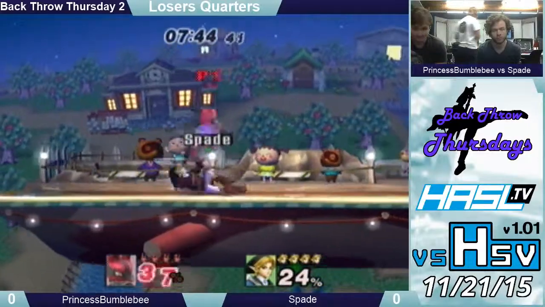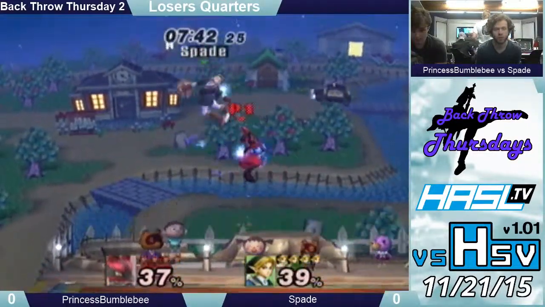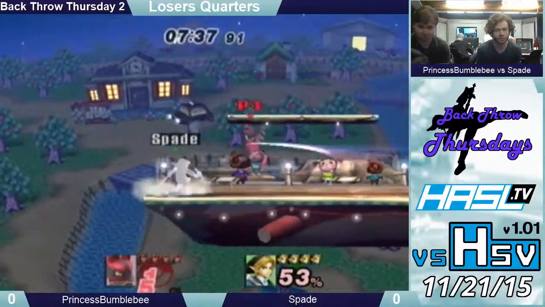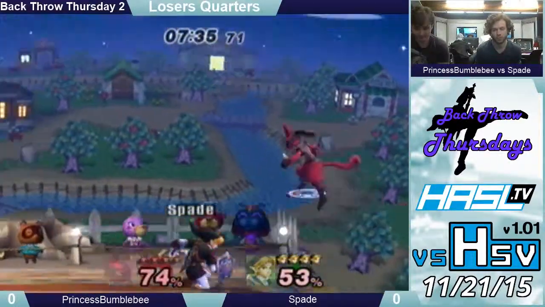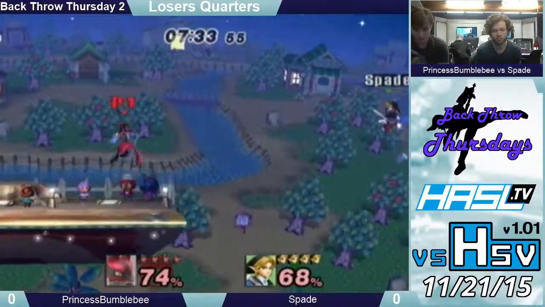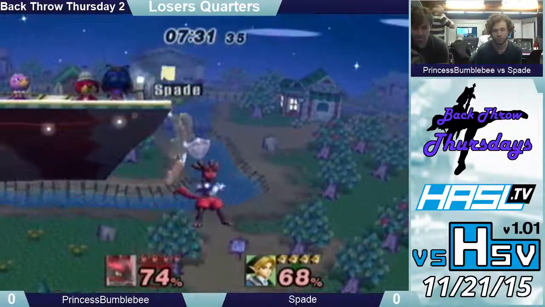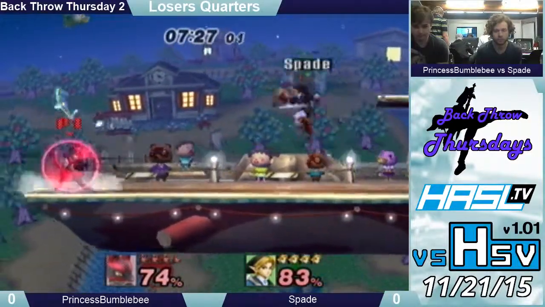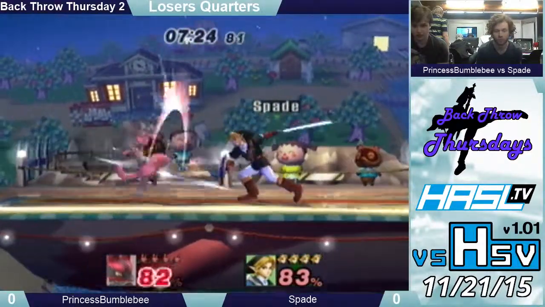But if Lucario can get in, I feel like he's a good combo weight, to where PvP can just get some really good combos. That was some good shield pressure by PrincessBumbleBee. Unfortunately, we didn't really see him convert to anything from that, mainly because Spade did a good job in